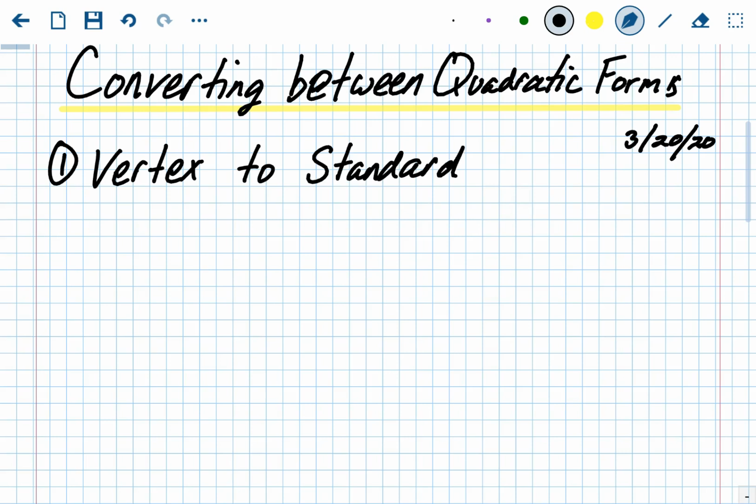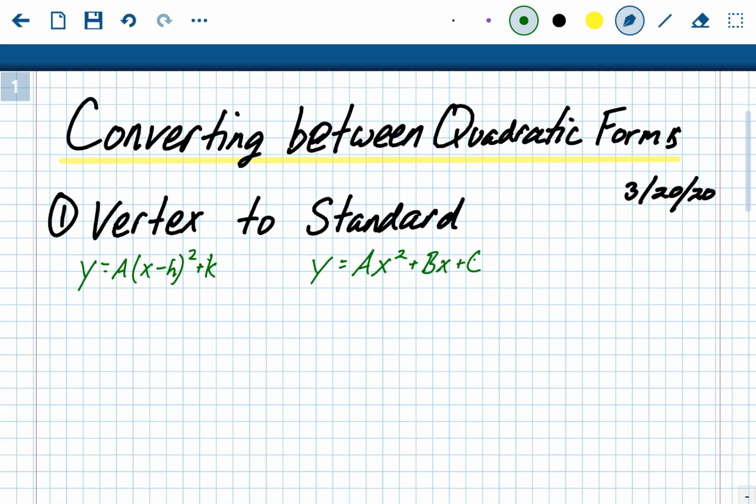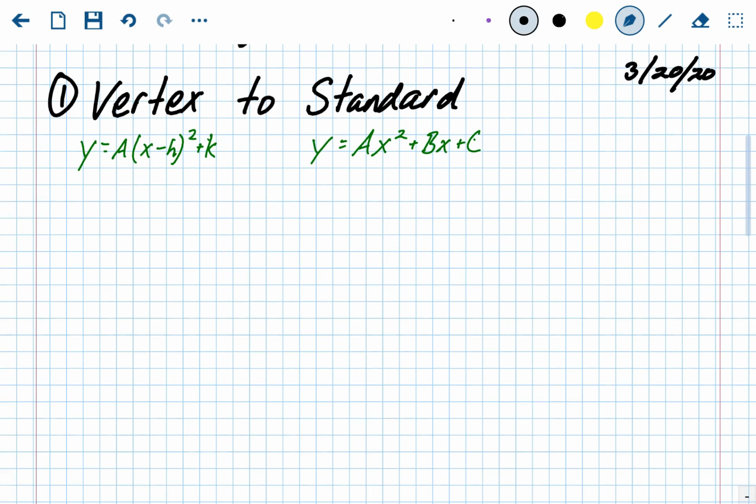Now remember, vertex form is y equals a times x minus h squared plus k. And we're going to convert it to ax squared plus bx plus c. Best way to do it is just do an example. Let's get a vertex form equation here. Let's see, y equals 2 times x minus 2 squared